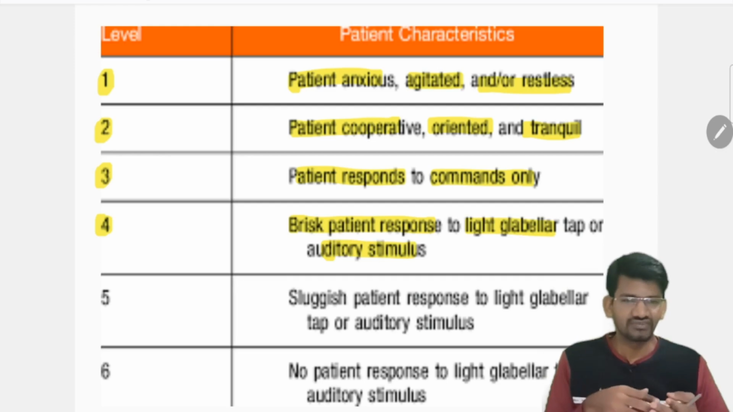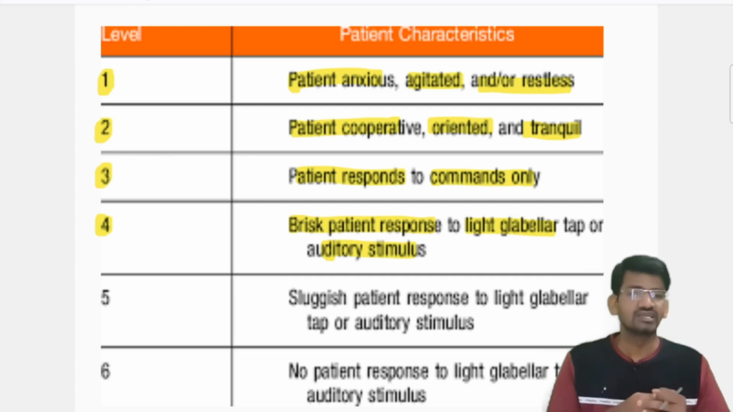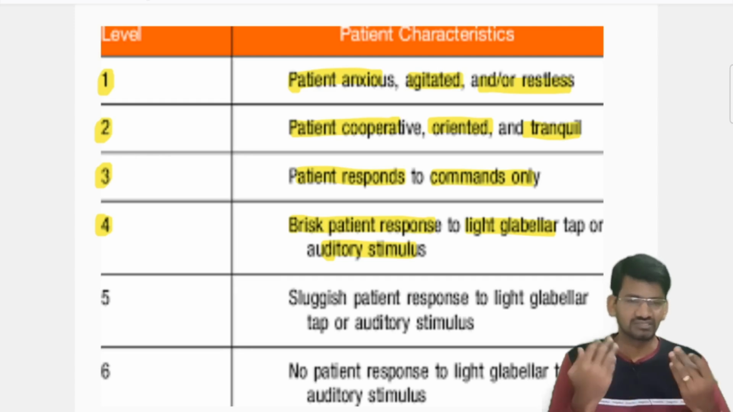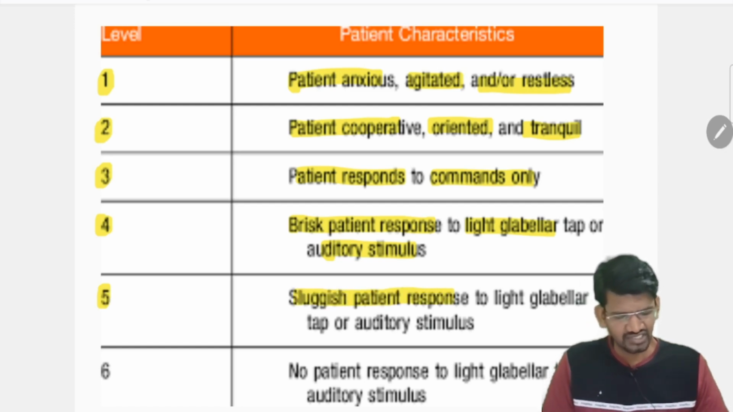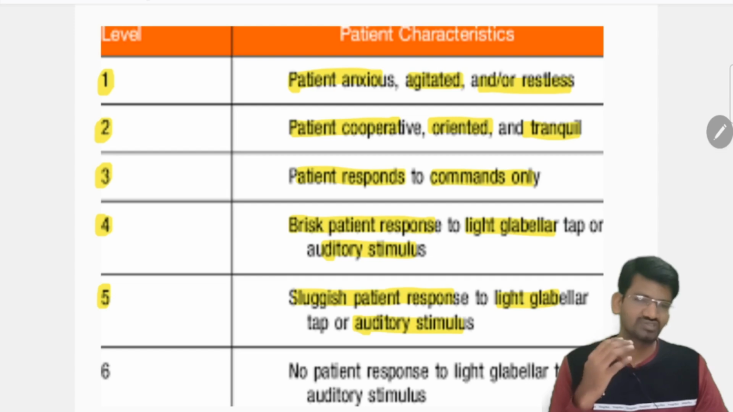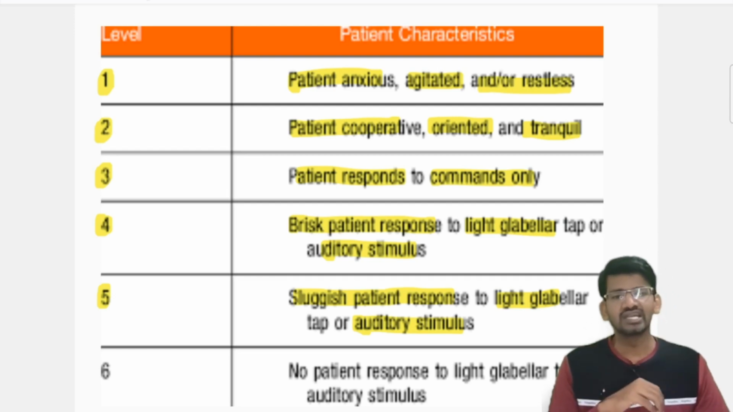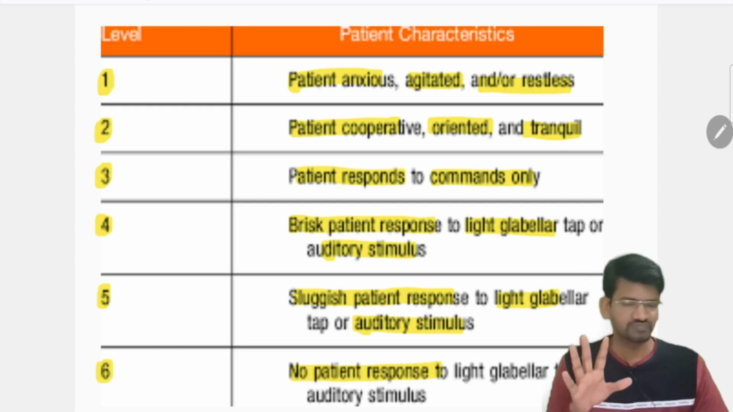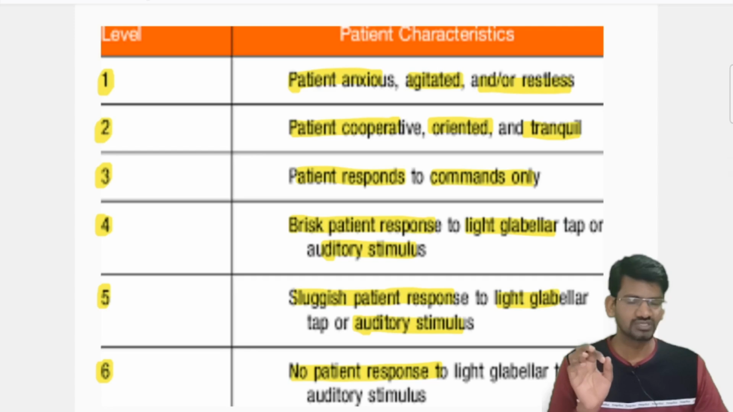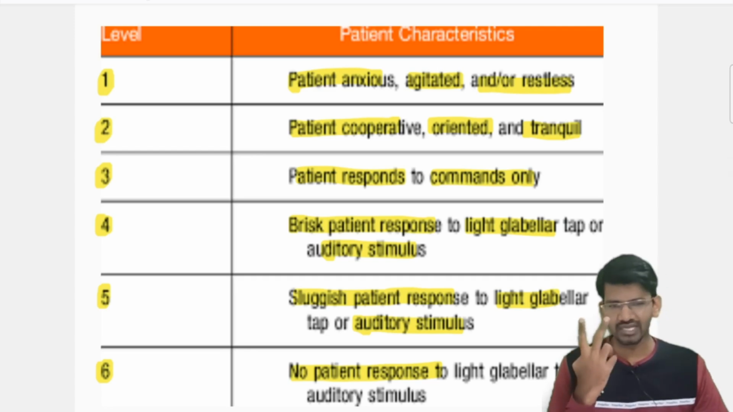So when the voice command is given, or when you make a very light tapping over the glabellar area, if the patient gets awake, then it is called level 4. Then level 5 is a very sluggish response to the glabellar tap or auditory stimulus, meaning the response is reduced or sluggish. Then level 6 is where there is no response to the glabellar tap and even to auditory stimuli, meaning the patient will not respond to the voice command or even to the glabellar tap, that is, a physical